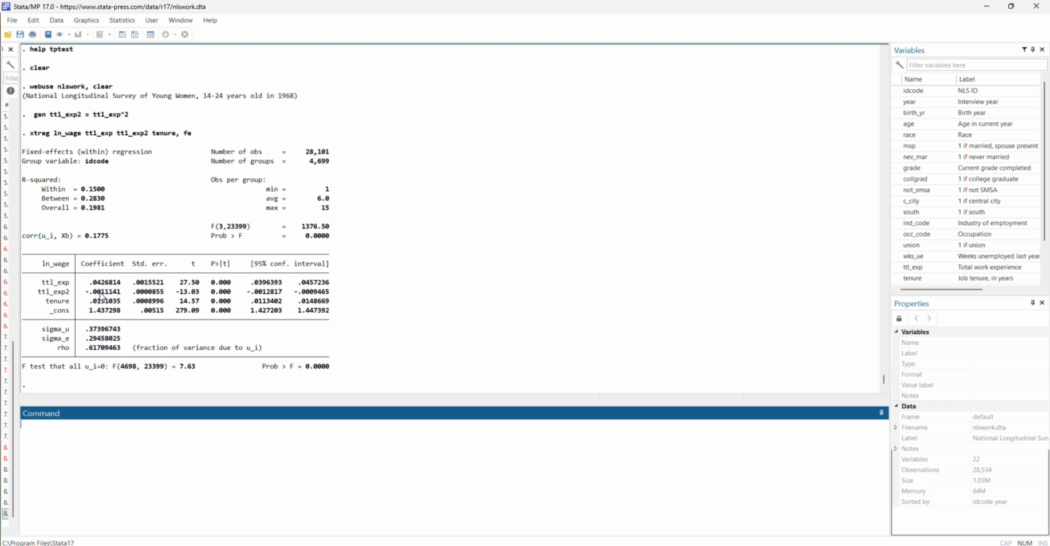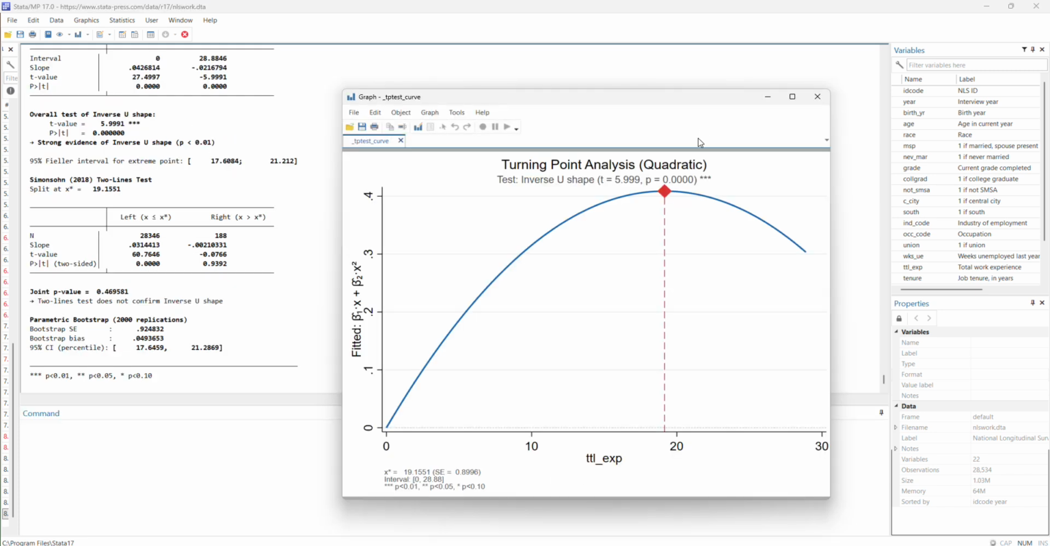and it is an inverse U shape or inverted U shape function. But we need more details. So I will copy the command, copy the graph command, and just change the names here to the quadratic function variables. When you run this, it will take time. I will discuss this graph later on. First of all, let's come back to